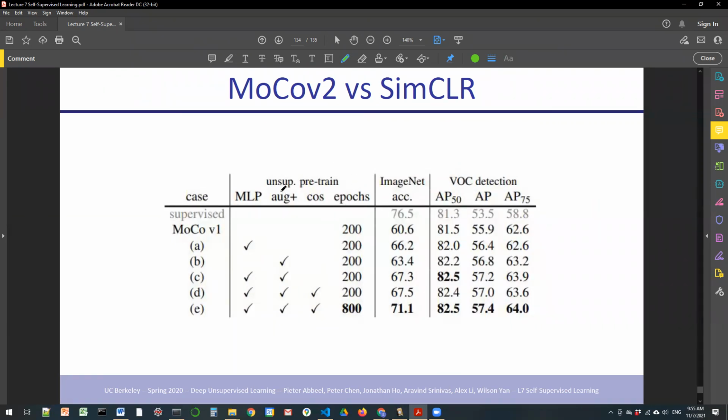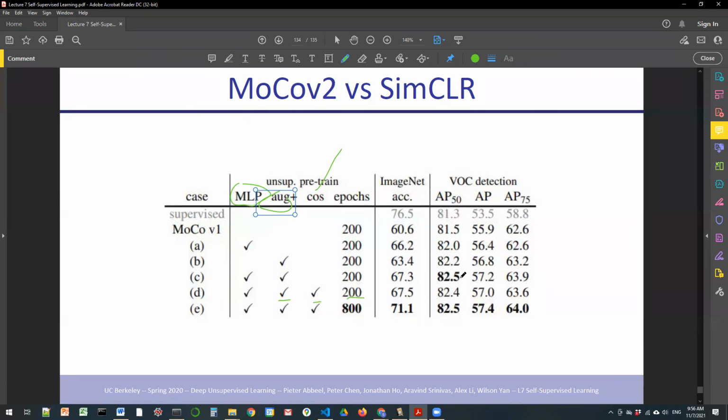Increase the epochs, increase the augmentation, as I said, or add Gaussian blur, use an MLP on top. The one other thing is the simpler guys used cosine learning rate decay. So throw that into Moco version 1. If you keep the number of epochs the same, but just add the cosine learning rate decay, MLP, and increased augmentation,